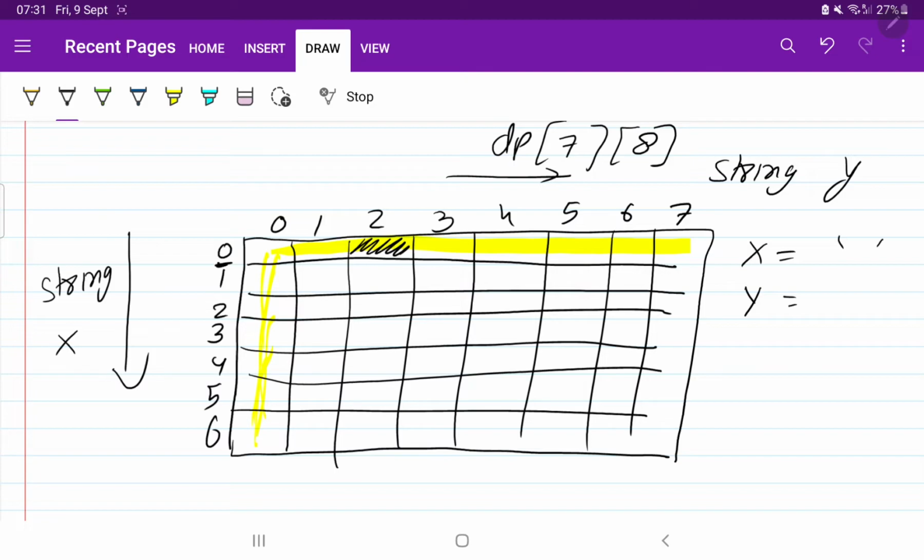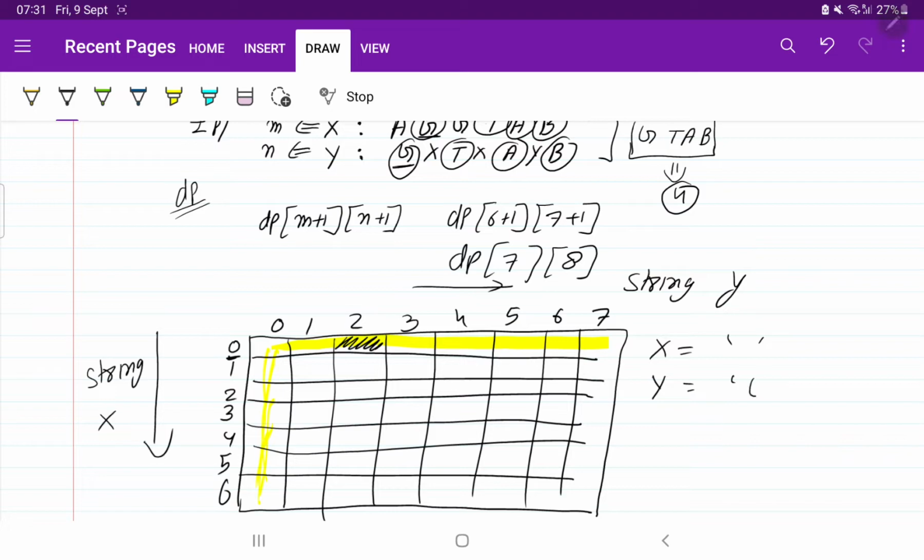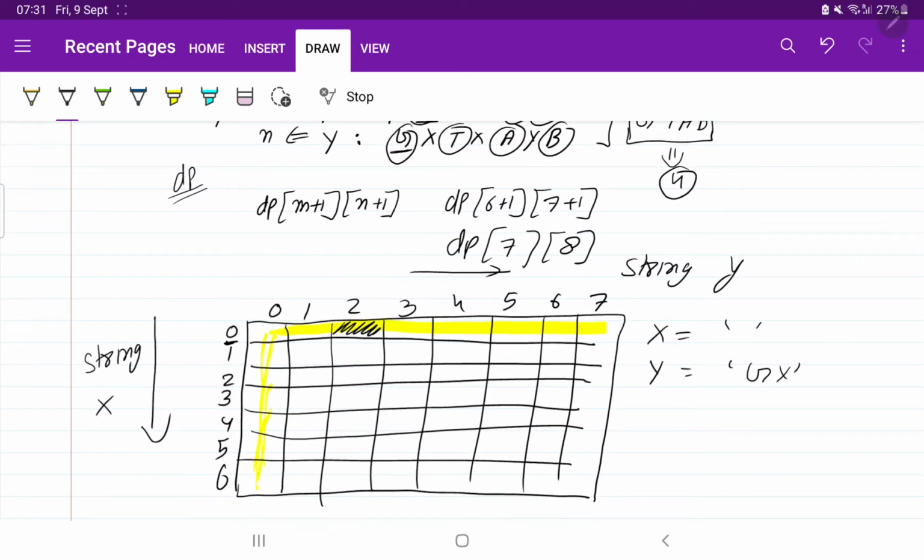The string y we have taken in the example was GX. It means we have G and X, two elements. Now if I ask you what is the longest common subsequence between these two, you are going to say that in string x there is no element, so how can we get a common element between these two? So we are going to return 0 here.